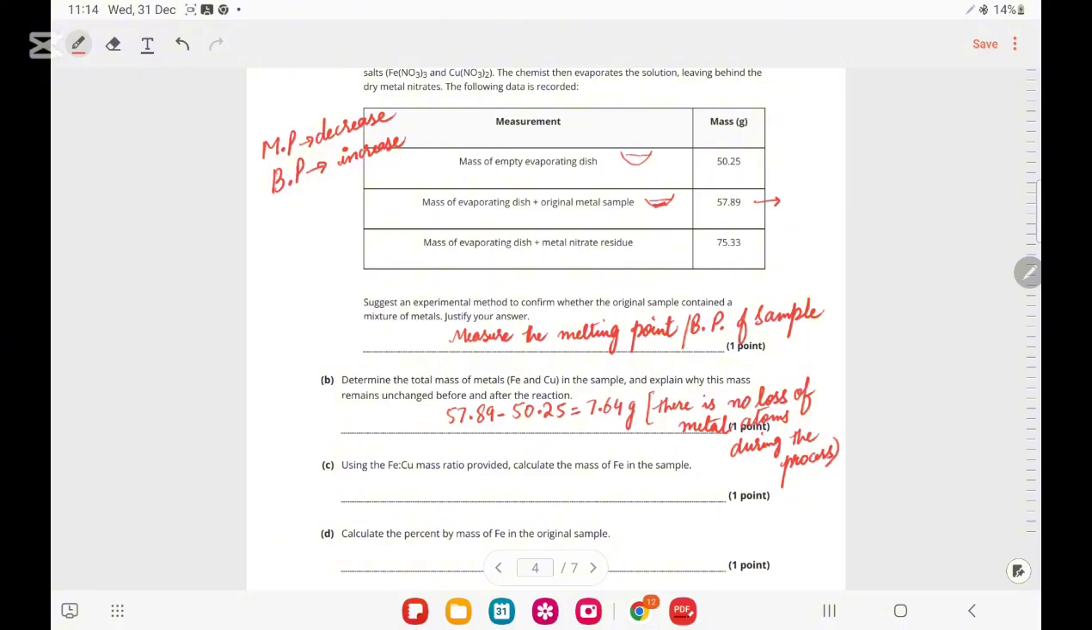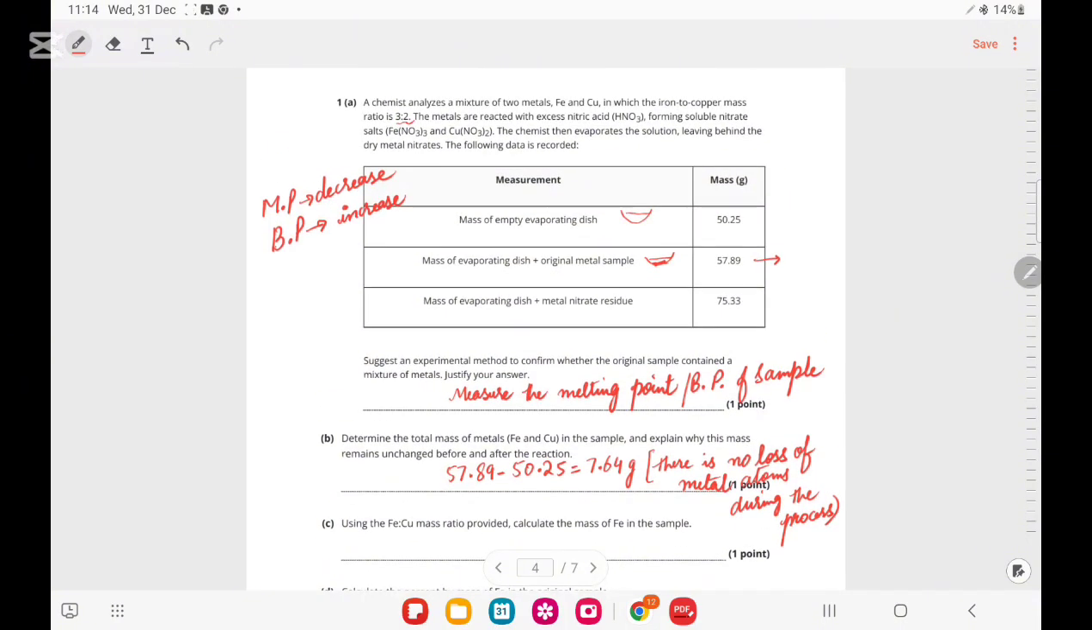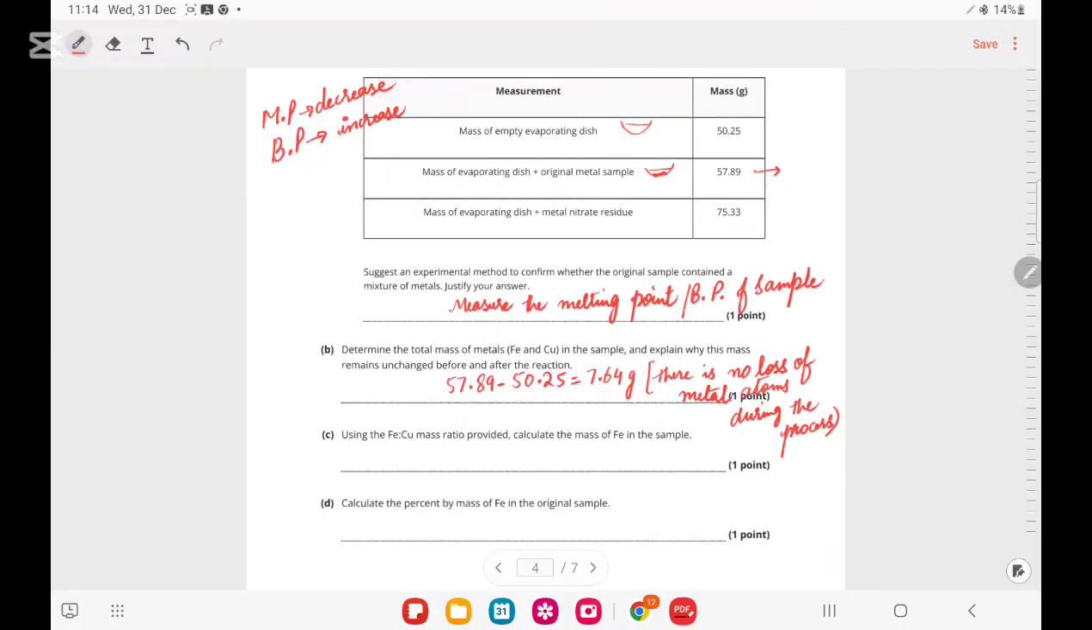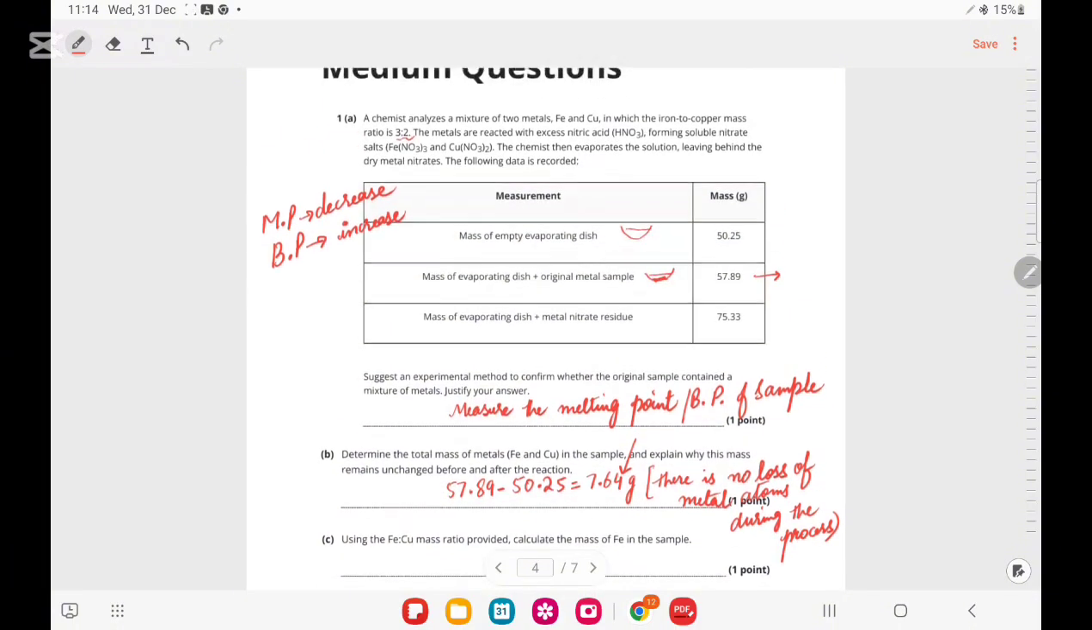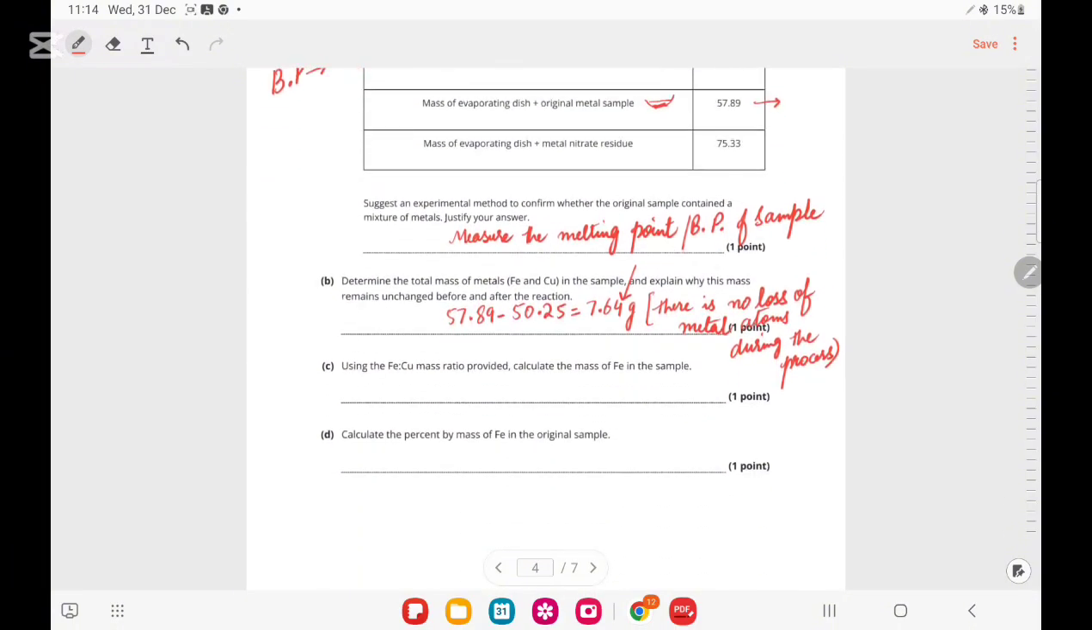As the metal is only changing from metal to metal nitrate and there is no loss of metal during the process. So using the iron to copper ratio, they are saying calculate the mass of iron in the sample. So we know the total mass is 7.64 and the iron to copper ratio they have given is 3:2. So if we want to find out the mass of only iron from the total mass,